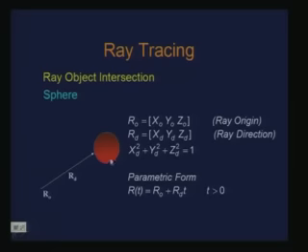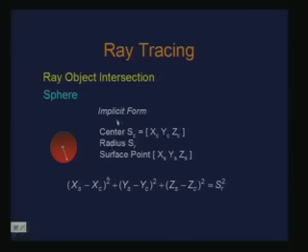So, as far as the definition of the sphere is concerned, we considered this as an implicit form, where we define the sphere through the center and the radius of the sphere, right. So, we have an implicit equation for the sphere, which is (x_s - x_c)^2 + (y_s - y_c)^2 + (z_s - z_c)^2 = S_r^2, right. So, x_s, y_s, z_s is any surface point on the sphere, right.